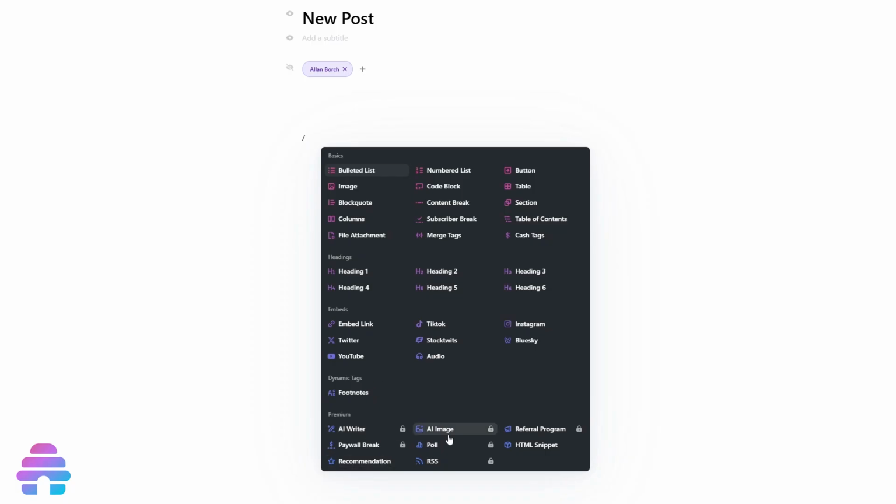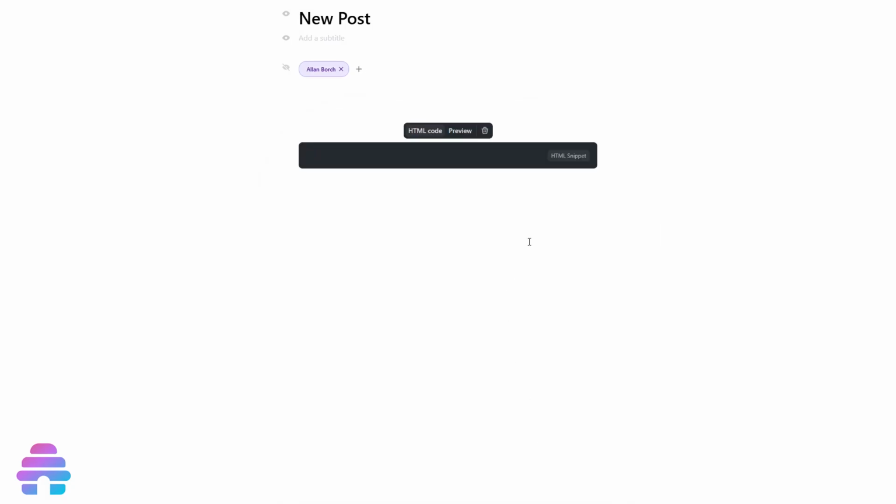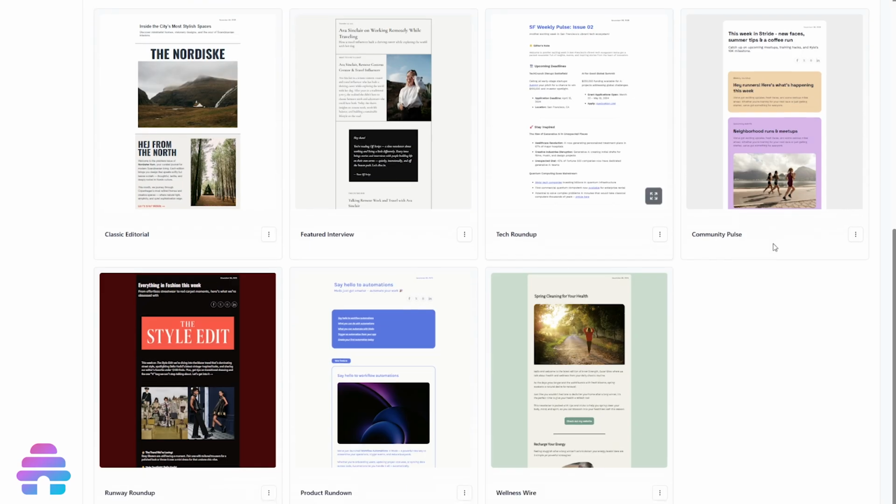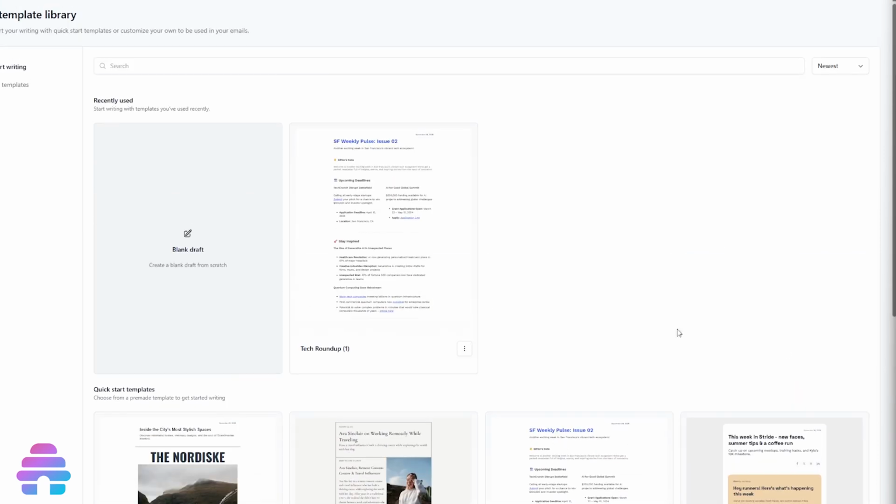This is where Beehiiv falls short. While you can add HTML snippets to your posts, you can't upload your own HTML email template. Another thing is that Beehiiv only offers 7 plain email templates here. In most cases, you'll have to build your own templates yourself, which can be time-consuming if you're not sure how